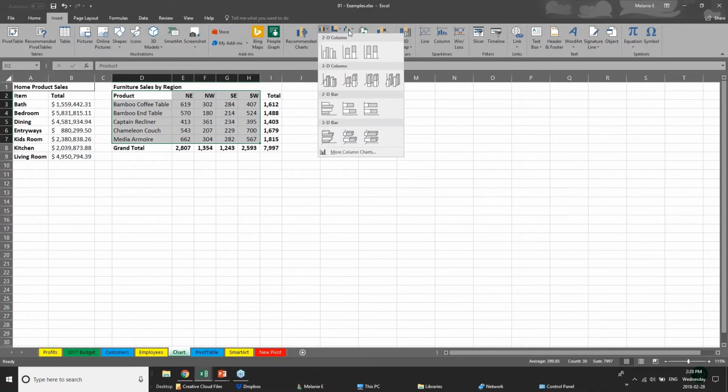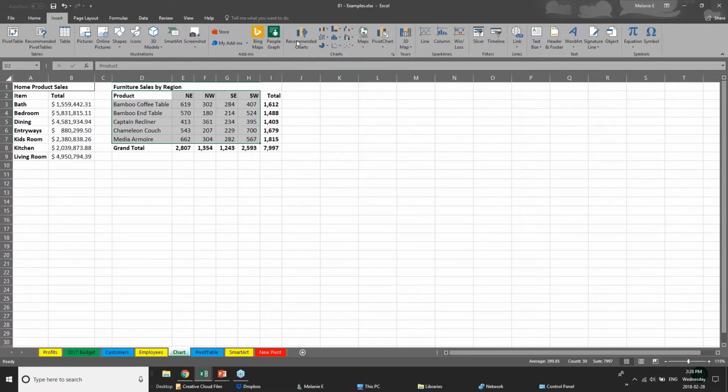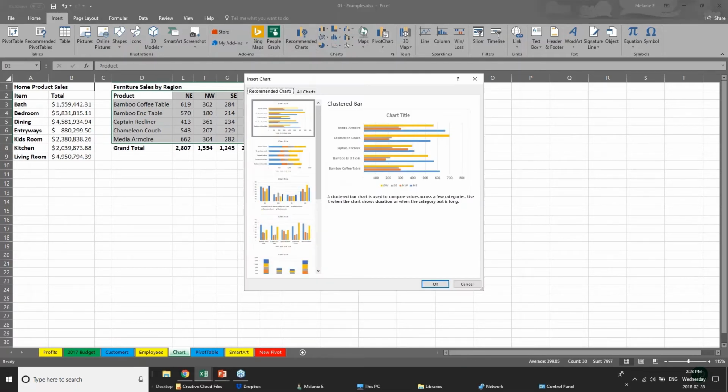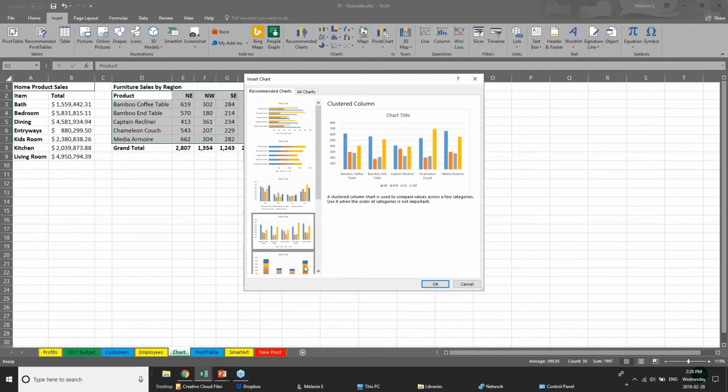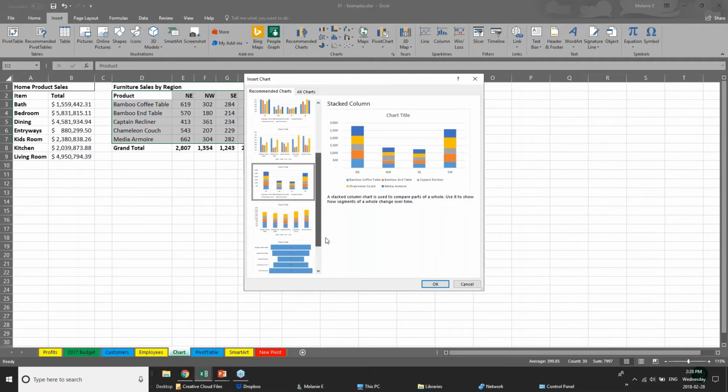There's bar charts, column charts, pie charts, whatever you'd like. But a feature with 2016 is that Excel now has Recommended Charts. I love this because one of the most commonly asked questions is, what chart should I use to best show my data, because there are so many different charts? So the fact that it has some intelligence, it will look at your data